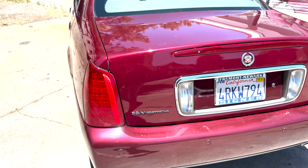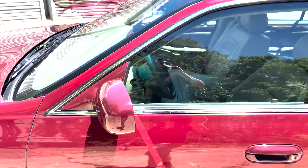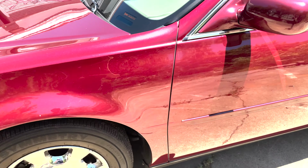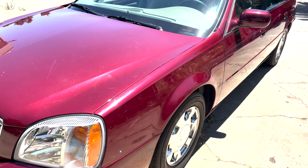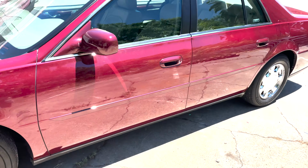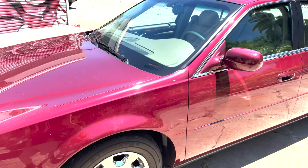It's not perfect, but it is very clean. There are a number of scratches around it. This side is pretty darn nice. I don't know how much of this paint is original or not. If anything has been painted, they did a good job. I do have some photos in the auction listing which will show what's going on as far as paint meter